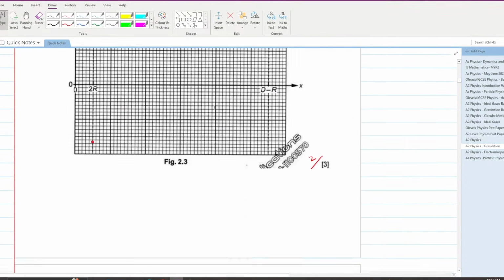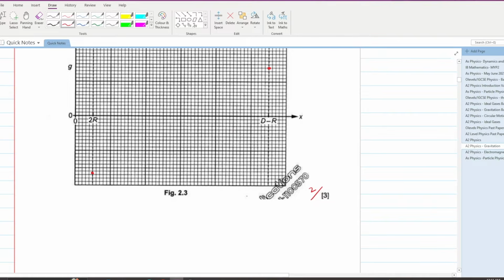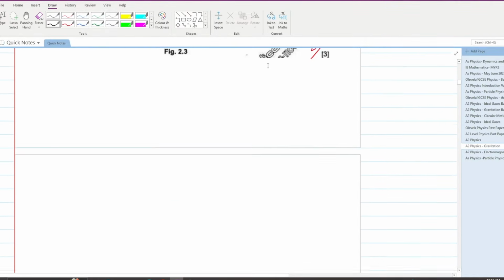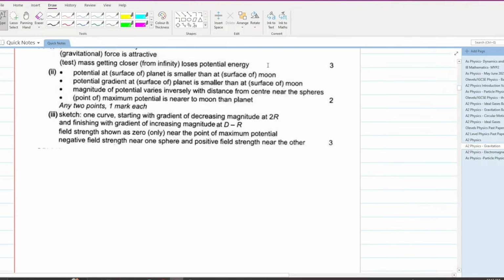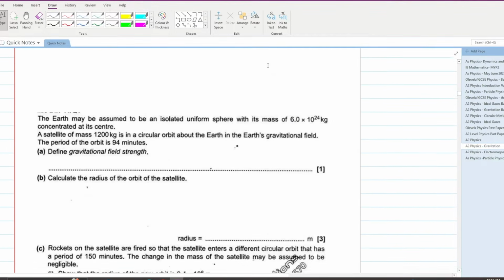Chalo. Let's move on to the graph again. This is the half box, this is one box, this is the half box again. So this is the point where the gravitational field strength will be 0. Now how will I draw the graph? Something like this. This is how you will draw this graph. You will get a 3 on 3. What were the 3 marks on? First was marking a null point here. Second was marking a negative gravitational field strength here. Third was marking a positive gravitational field strength here. Simple as that. I have the marking scheme attached so you can check it once you have answered the complete